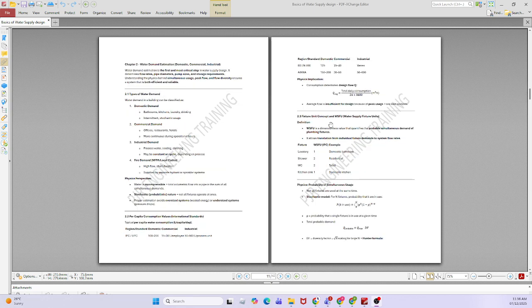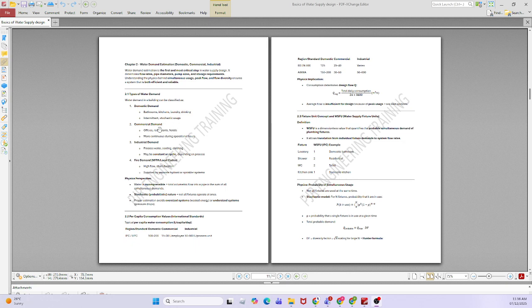Now the water demand estimation. How to calculate water demand estimation? Basically, remember we calculate the WSFU. We start with the WSFU, right? The type of water demand is based on domestic demand, like bathrooms, kitchens, laundry, drinking, which is intermittent,